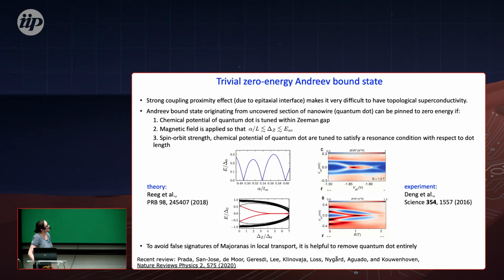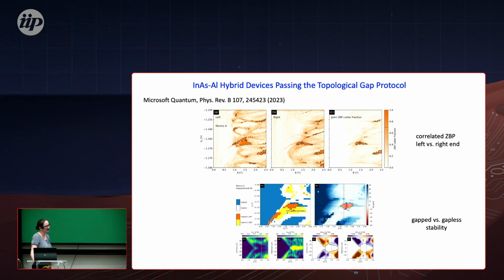And this, of course, resulted in a lot of discussion in the community about how to identify a Majorana. And then we developed a protocol, not a protocol for quantum computation, but a protocol for how to identify it. This is work from Microsoft, because they said, okay, maybe we should not say just whether we have a zero bias peak or not. We could also look at the property that the system should be gapped, or for example, that zero bias peaks should appear simultaneously on both sides, because it's one of the properties of Majorana. It never comes on its own. It always comes in pairs.